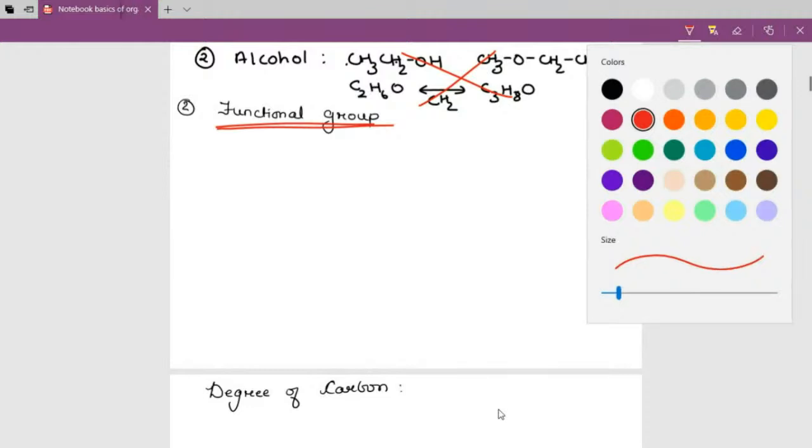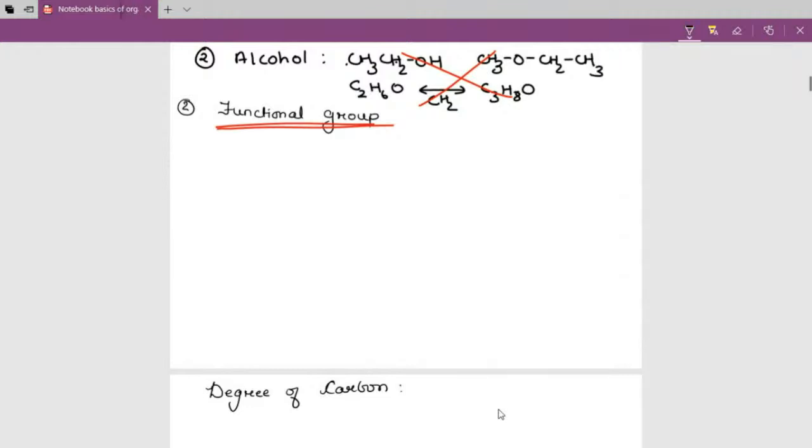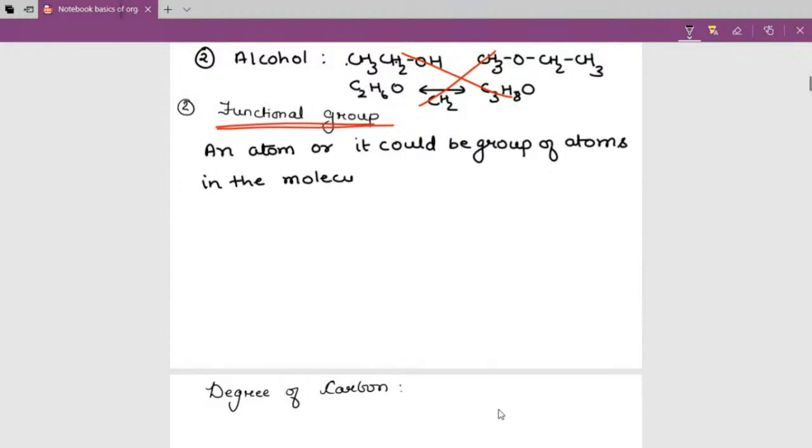Everything depends on it. Well, a functional group could be an atom or a group of atoms in the molecule. It should be the part of the molecule which is in question, which you are studying, which decides or is responsible